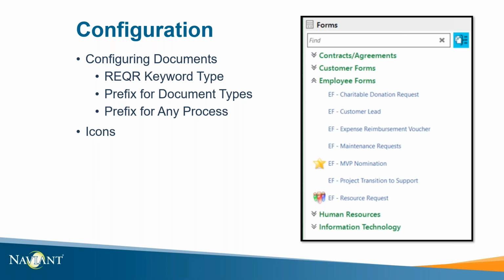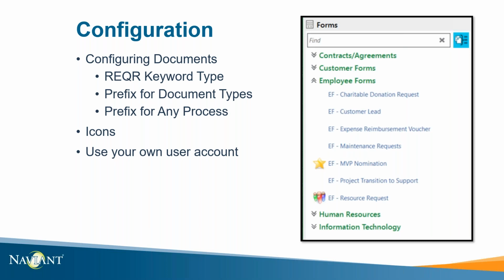For example, with this list of forms, the icon of the group of people helps me identify quickly the resource request form. Additionally, notice the EF prefix to help identify the employee's form document type group that's being used for the form. Additionally, OnBase admins should have their own username and password. These should be used not only when making configuration changes, but with everything. Using the manager account instead of your own is a bad practice. Now, this is the only bad practice that I'll be sharing today, so you best not forget it.